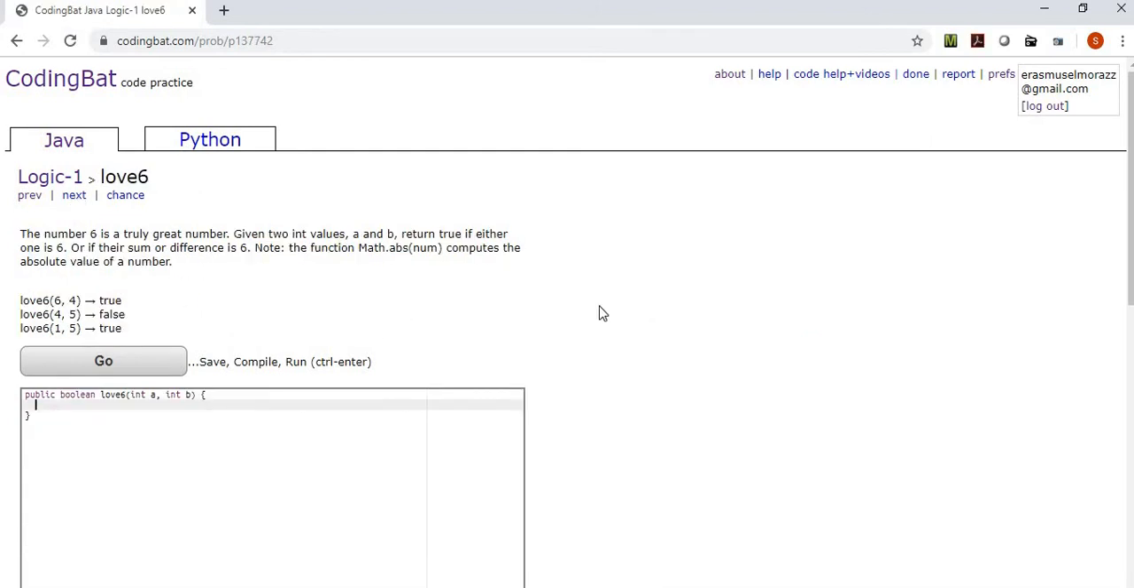Love 6. The number 6 is a truly great number. Given two integer values, a and b, return true if either one is 6, or if their sum is 6, or if their difference is 6. And note the function Math.abs computes the absolute value of a number. And I think I know why they're putting that in there as a hint. So we're going to return